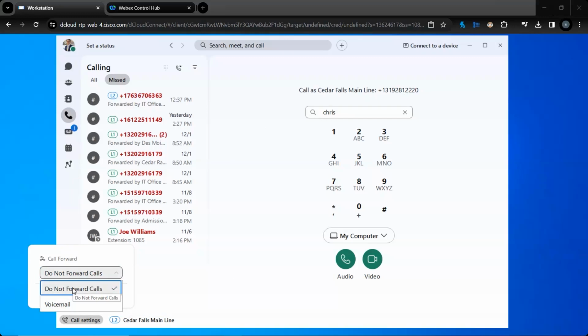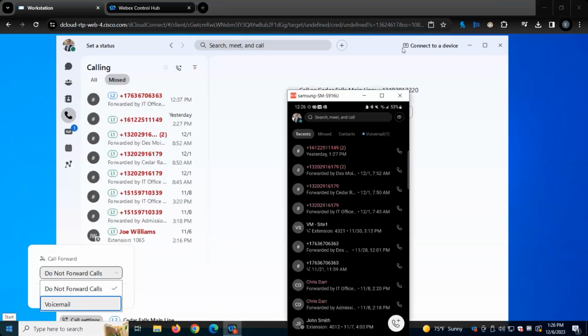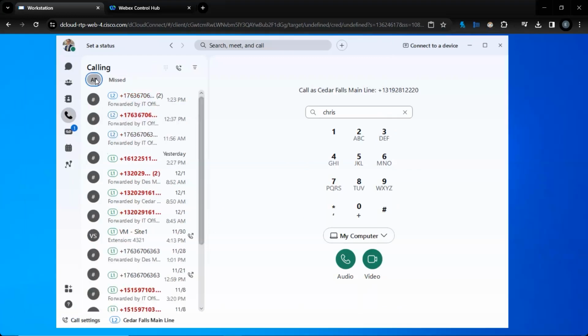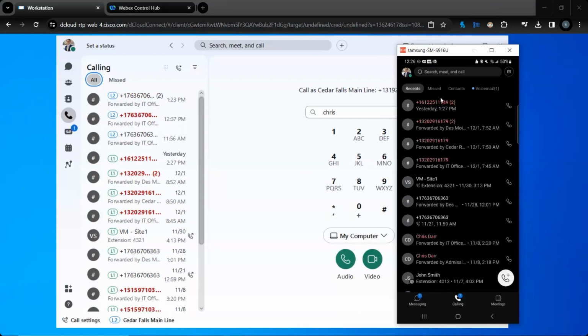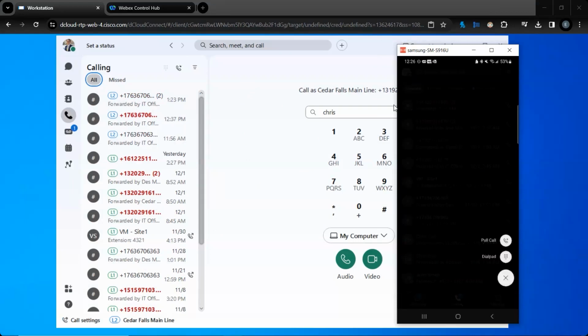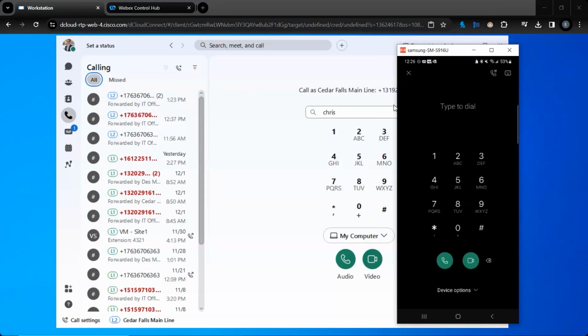Now, all of these tools are also available on the mobile device. So if I hop over here, now we're looking on this window at my Webex application running on an Android phone. You'll see it's the same detail on both of the phones, outlining the call history, the voicemail, etc., right on my mobile device. If I pull up the dial pad and make a call out from here now, this is not going to show my personal cell phone number. This will actually show my work DID or the main line for the organization, depending on how that's been configured.